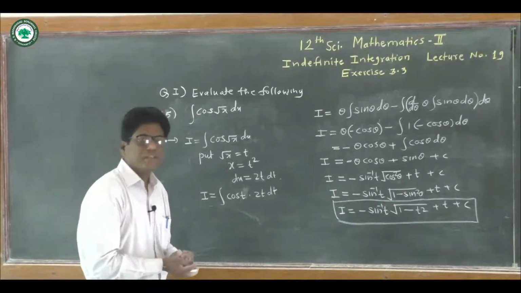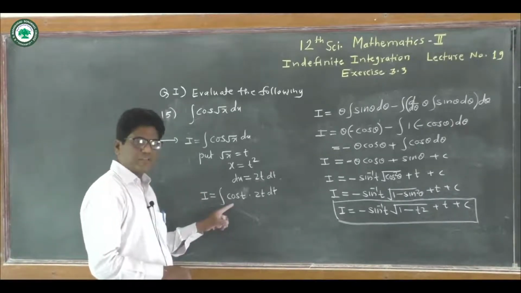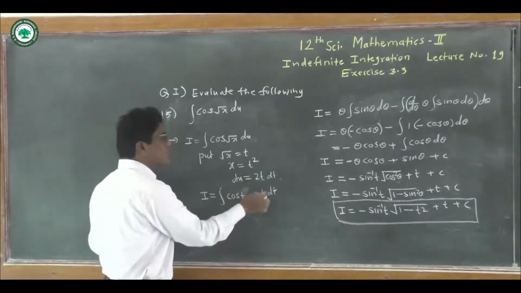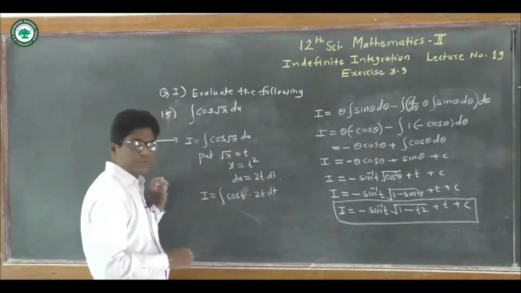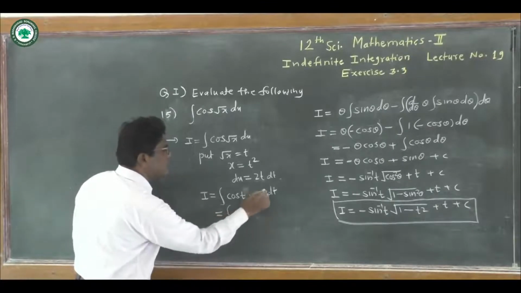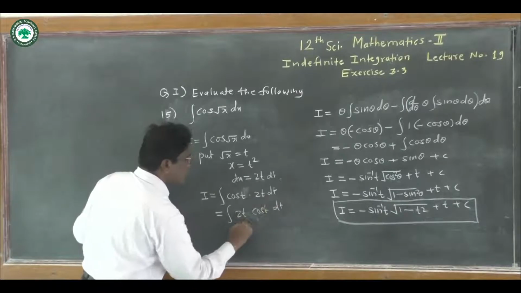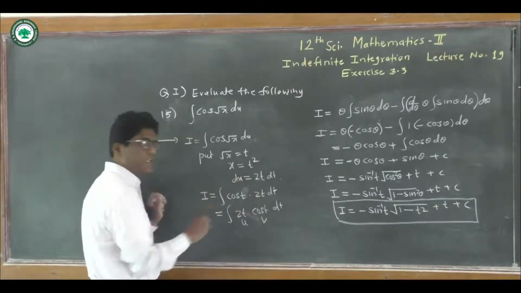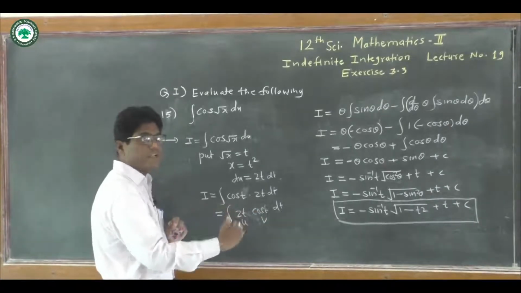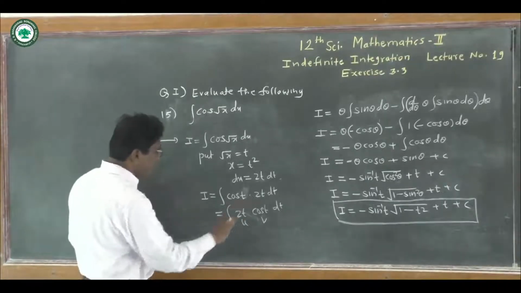of uv dx. So the choice of u and v according to the LIATE rule: L logarithmic, I inverse, A algebraic. Here the algebraic function is 2t, so we take 2t as u and cos t as v. So we write this as integration of, firstly write 2t and then cos t dt. Take this as u and this as v according to the LIATE rule. Algebraic function and this trigonometric function, A comes after T, so A is u and T is v. Integrating by parts,